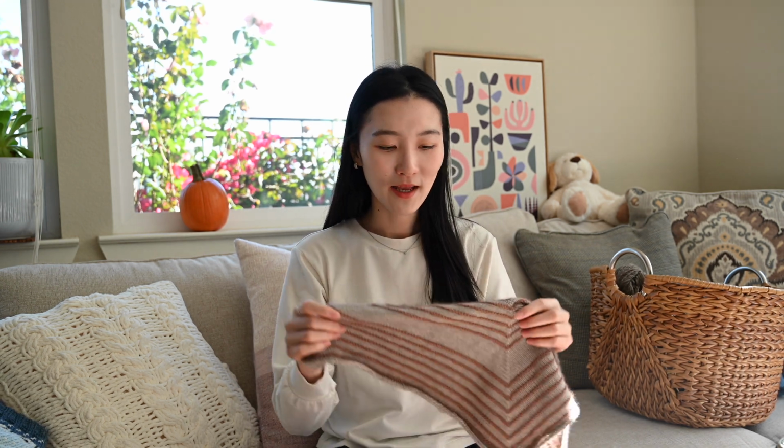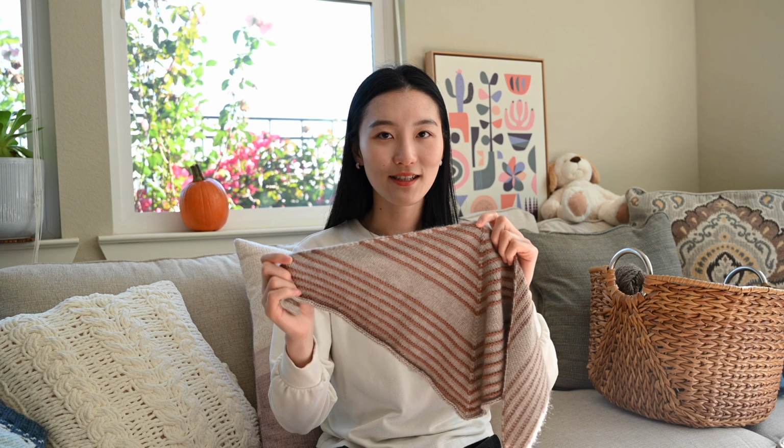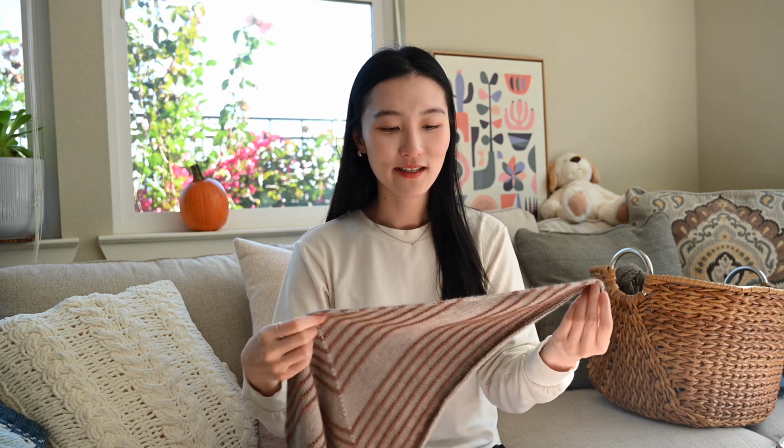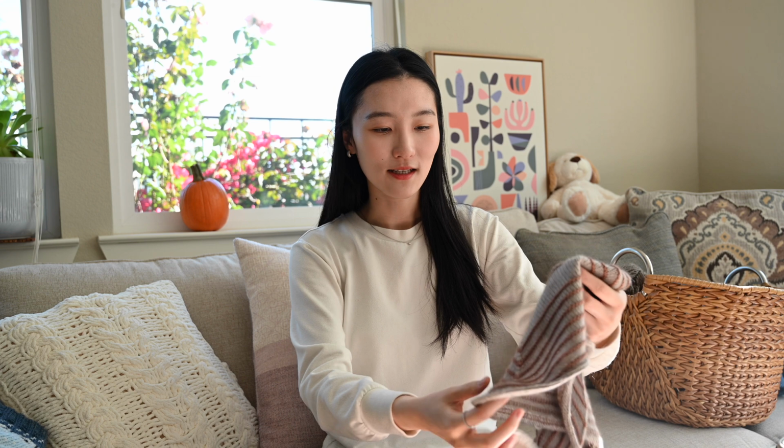So this was originally the knit for my mom, but she doesn't really like the color combinations, so I will just keep it to myself. I think I really like this bandana. Yeah, so that's why I said I have 2.5 finished objects, because technically I finished this last episode, but I just improved it a little bit. So this needs a good block, the third time blocking it, and I will enjoy it in the winter. It's a bit cold in Northern California,